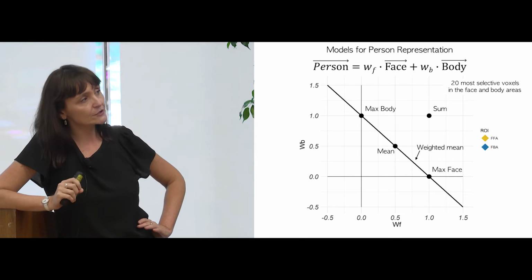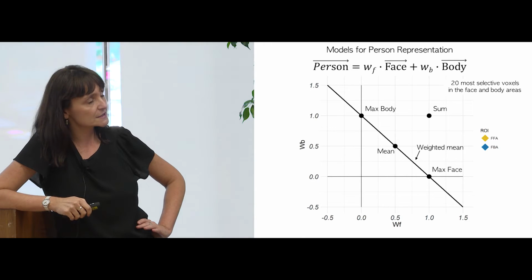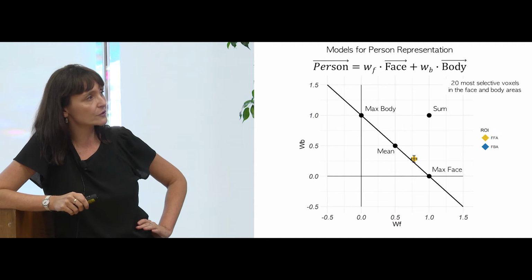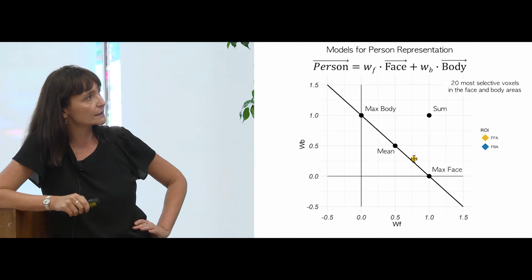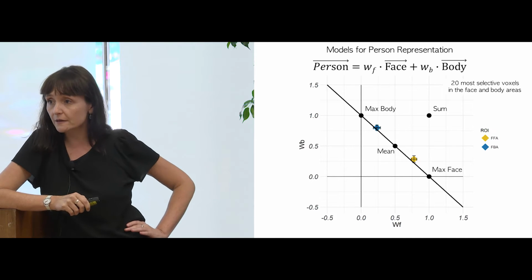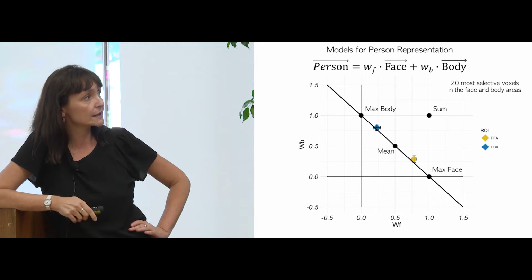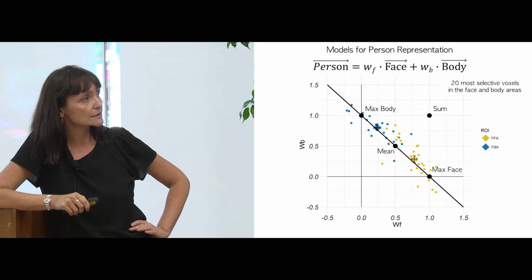So we started with just looking at 20 voxels in the face and the body area, the 20 most selective ones, and this is what we found across all our subjects for the face area. So you see that it's really on the line of the weighted mean, with a higher weight for faces and lower weight for bodies. This is what we find in the body area, okay, really nicely on the line. This is the data from all the subjects that generated this